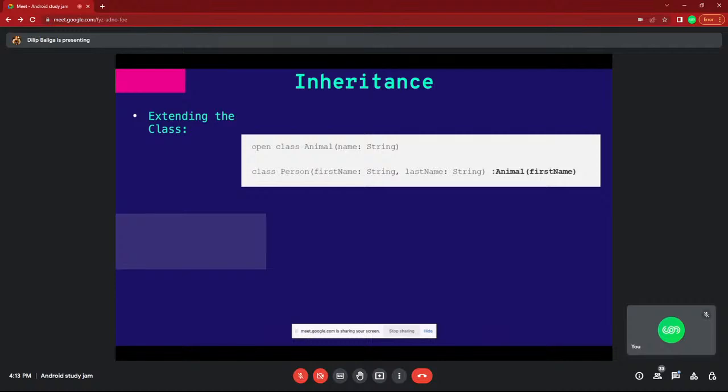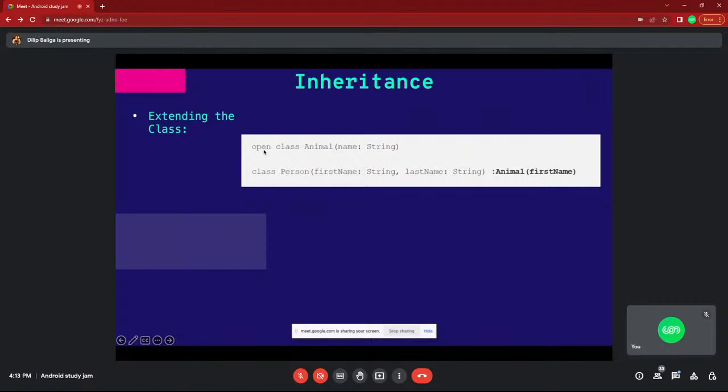A child class cannot extend that parent class directly. You are supposed to use the open keyword, means whenever you plan to extend a class, you use the open keyword in front of that parent class.